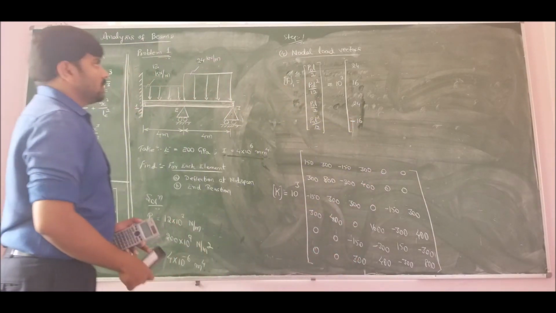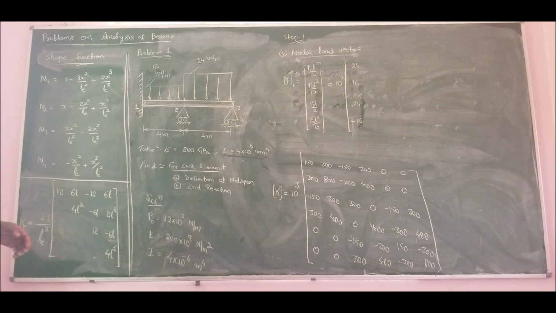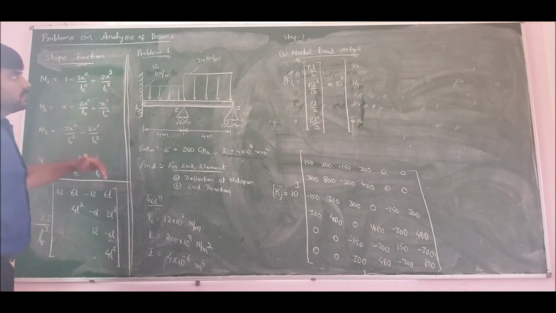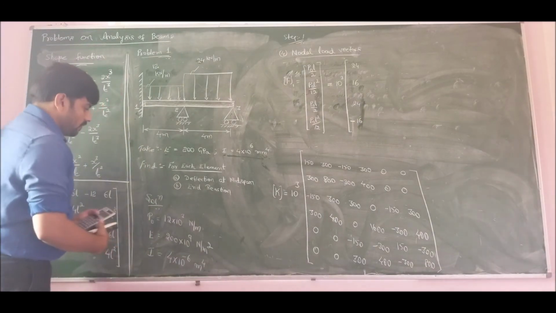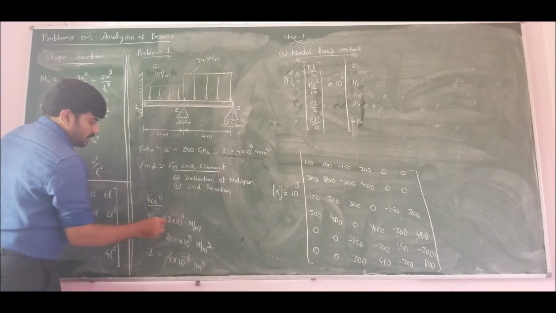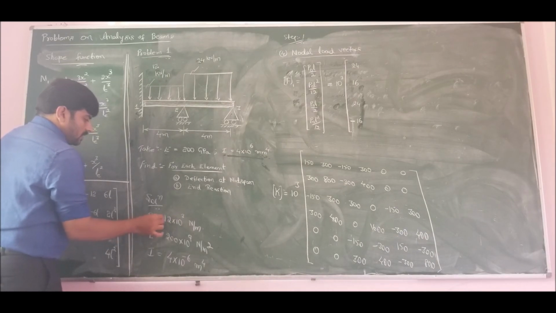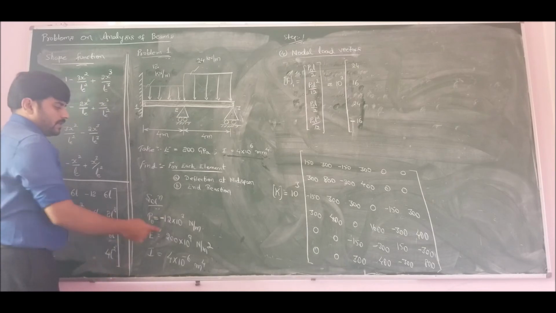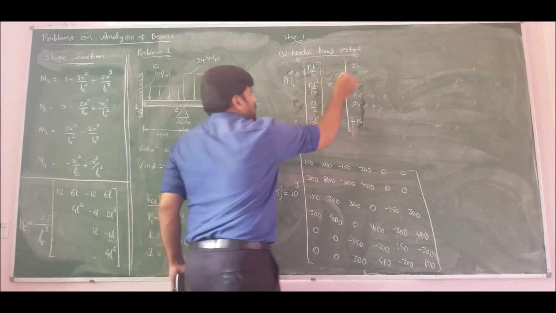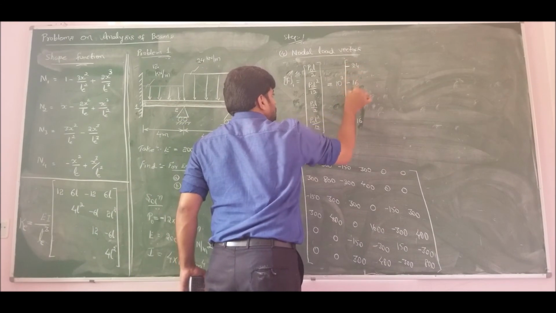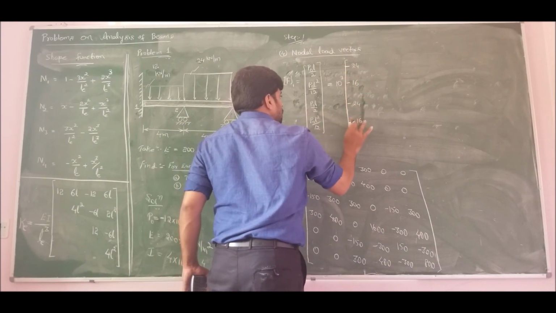An important note you should make here is that the loads are acting vertically downwards. Since the loads are acting vertically downwards, as per our sign convention, it is negative. So therefore, it is not equal to plus 12, it is equal to minus 12 into 10 to the power of 3. Very, very important, the loads are acting downwards. So therefore, it will become minus 24, minus 16, minus 24 and plus 16.